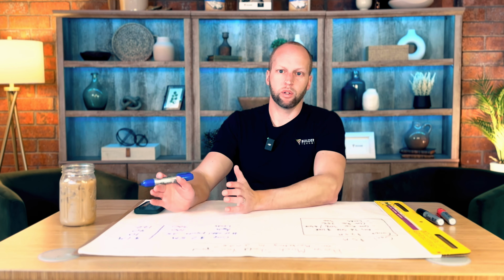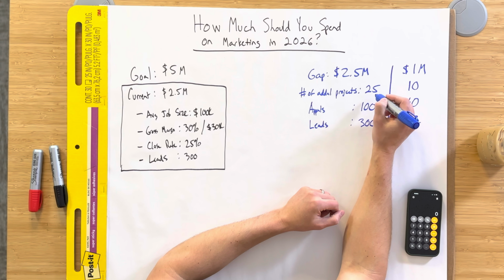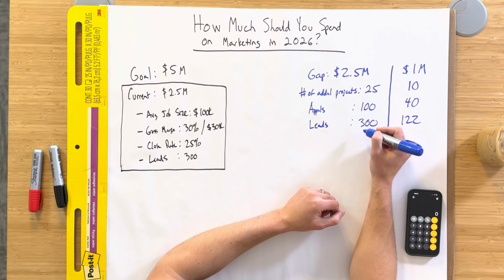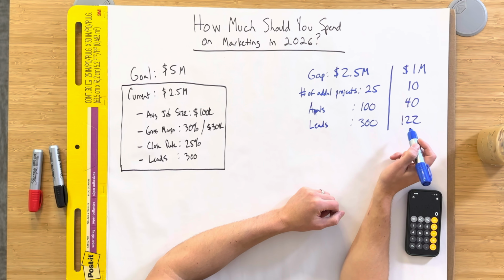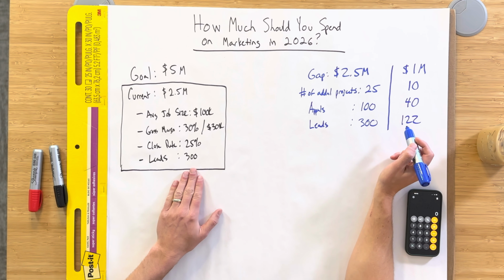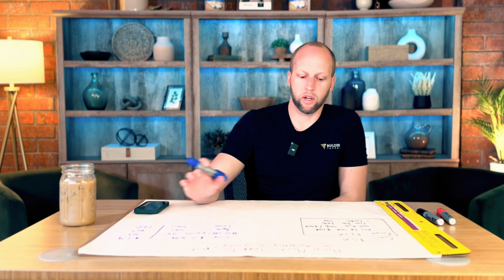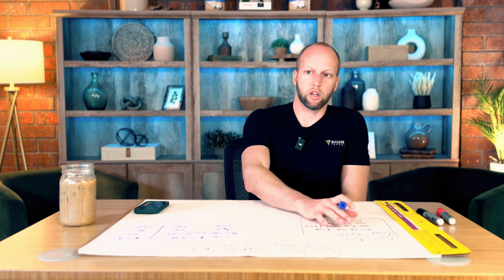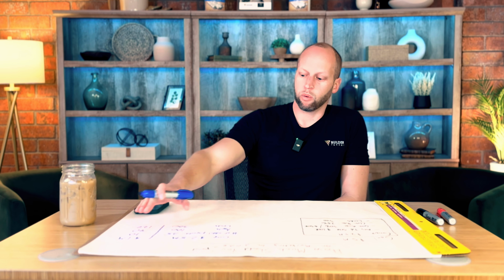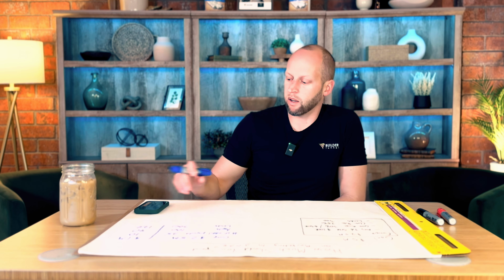And now we need to add on this. We actually need twice as many leads. So what are we going to do? Or if you're in this scenario, we need 122 more leads than the 300 we got last year. And so we need to look at increasing that. Okay, so this gives you the lay of the land to get started. We have our current state and we have our goal, and then we've broken it down not just from revenue, but all the way to lead count.